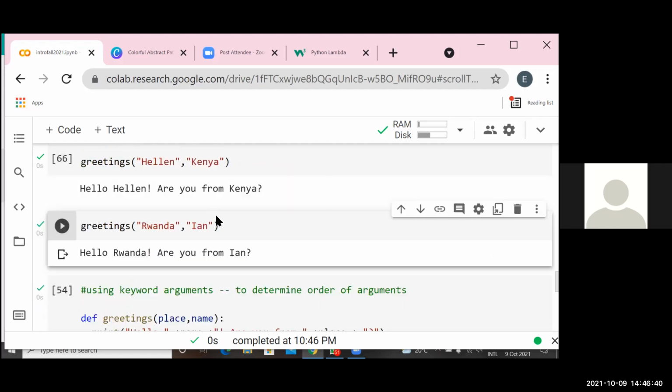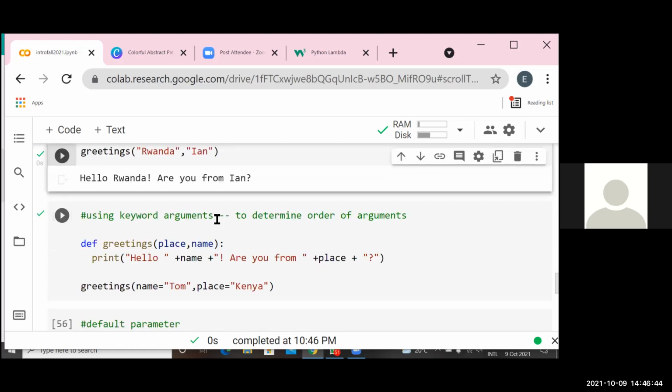So how do we do that? That's where we have the concept of keyword arguments. So we have the same code, the same function, with the place and name. But if you notice, the place comes first, then the name second. You might forget, and you write name before place.